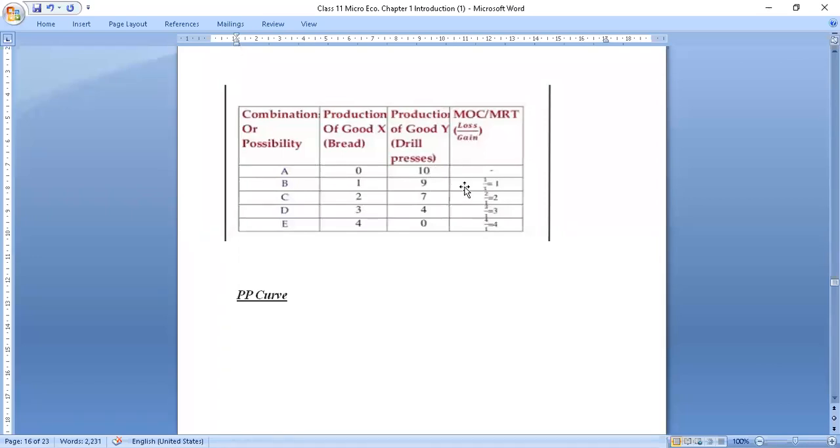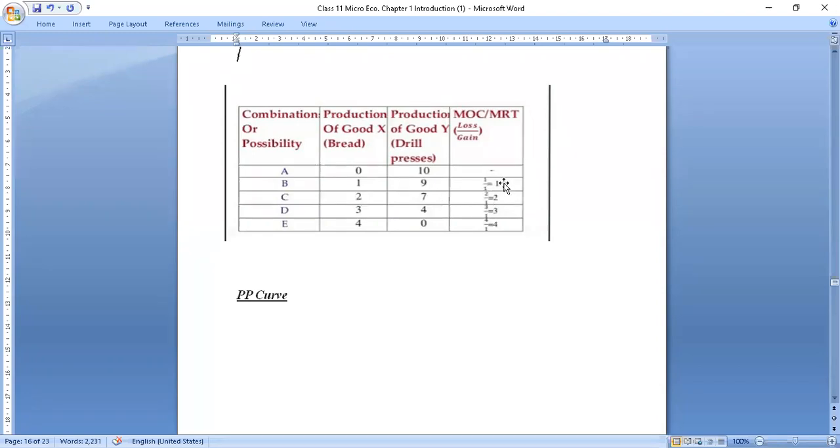Loss, देखिए यहाँ पे ध्यान से कैसे कैलकुलेट किया है. लॉस कितने का हुआ आपको, 10 से 9. इट मींस 1 लॉस डिवाइडेड बाय गेन कितने का हुआ, 0 से 1. तो द रेशियो विल बी, आंसर विल बी 1. Here you have sacrificed 2 units, so the numerator will be 2. Then gain is of 1 unit. So 2 upon 1 is equal to 2.